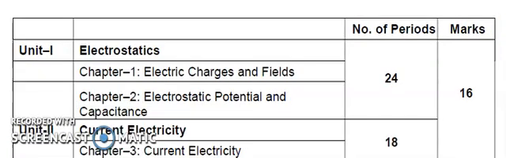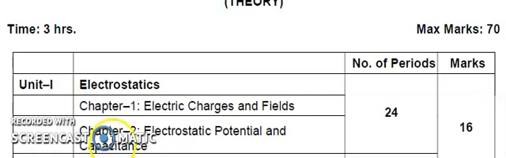Okay. Here we start with unit 1. Unit 1 is related to electrostatics. Actually, we have electricity in our syllabus, which is divided into two parts: static and dynamic electricity. This unit 1 is all about static electricity. Here we will study rest charge, chapter 1 and chapter 2. Chapter 1, electric charge and fields. Chapter 2, electrostatic potential and capacitance. These two chapters are related to rest charge. In this we will study the behavior of rest charge.